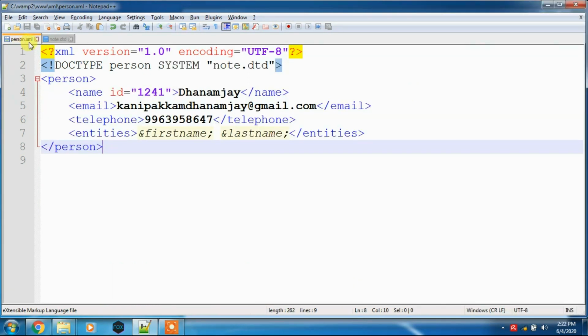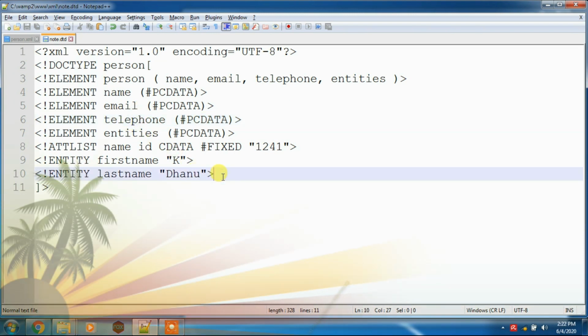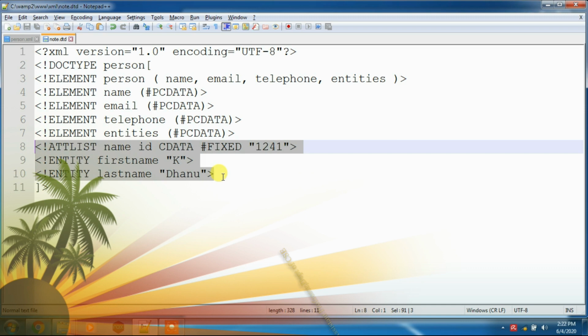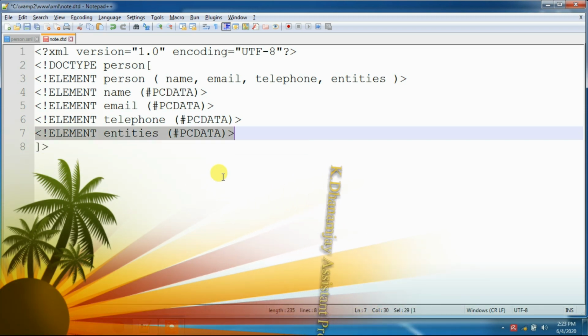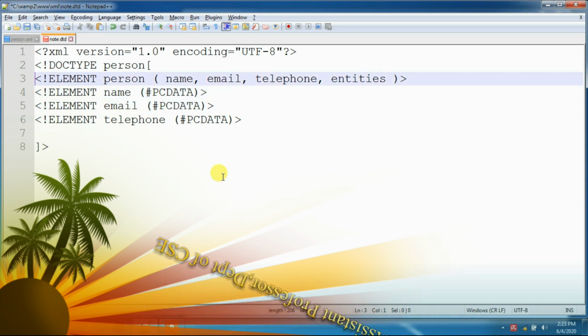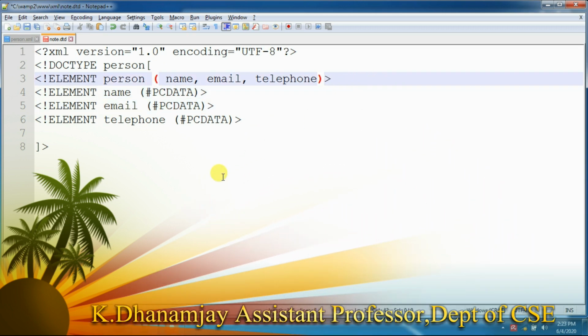Now I am separating the DTD part into a new notepad. This entire thing is not required for now. I am taking only the XML part that I specified earlier, with name, email, and telephone, only those things.